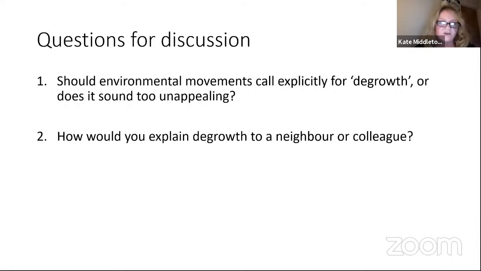And the questions are, should environmental movements call explicitly for degrowth, or does it sound too